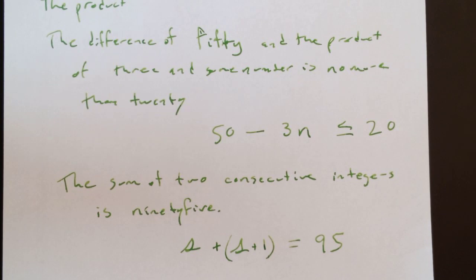Translating English to geek and geek back to English is important. We're going to do the reverse. I'm going to give you a symbolic sentence and say, read this to me in words. Because you don't walk up to people and go, hi, 7x plus 13 equals 42. They're a Martian, shoot them. Nobody speaks an equation outside of the classroom. So we want to communicate in English. I need to be able to translate back.